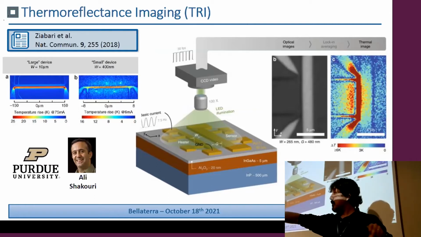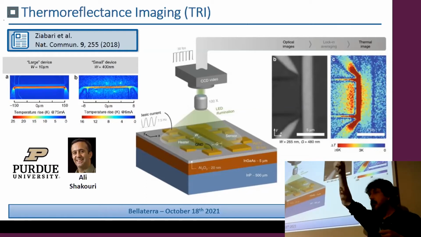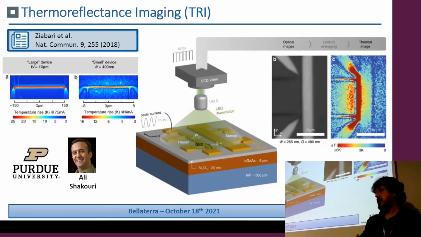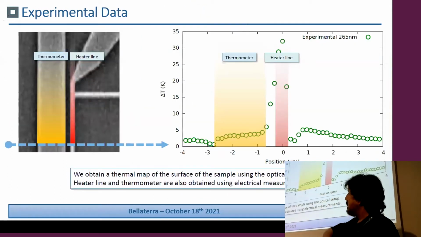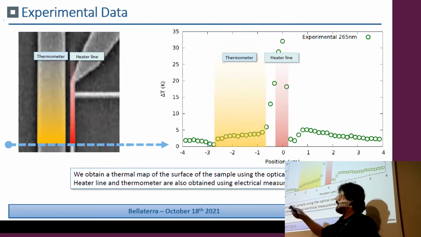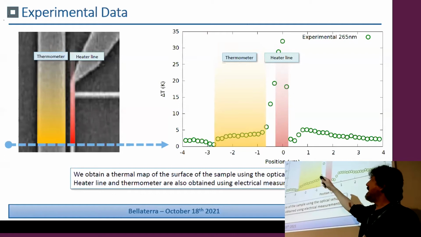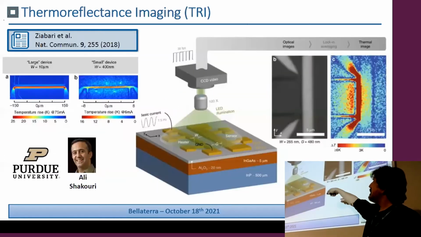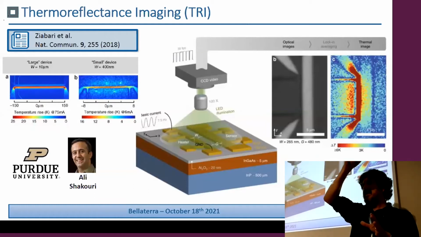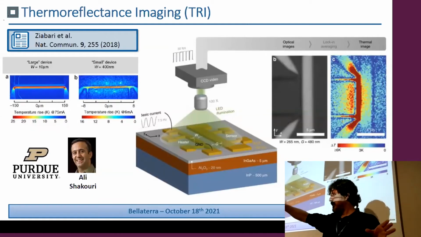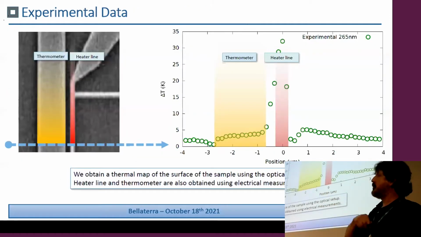A wire, a metal wire that we heat, electrically heat, and then we see how this heat is released. Well, in fact, what we do is heat one of the lines that you see here in red, and then by thermoreflectance imaging, that is this setup here, we're using a laser probe. You can obtain the temperature on different points on the surface and obtain the thermal profile on the top of your